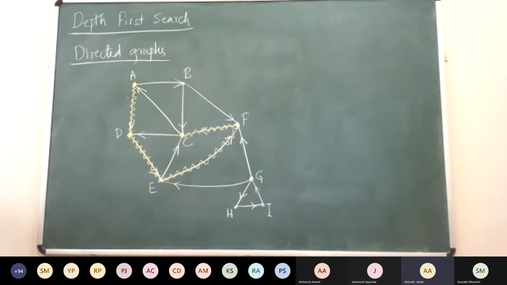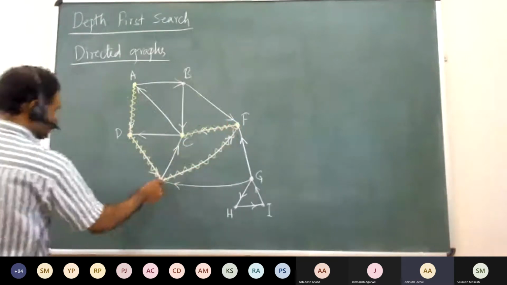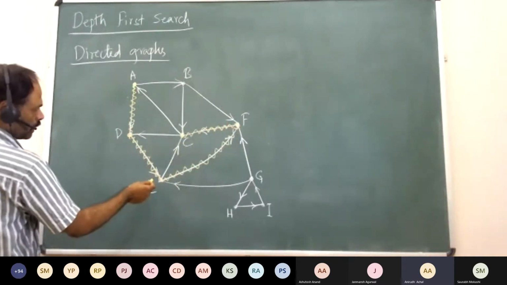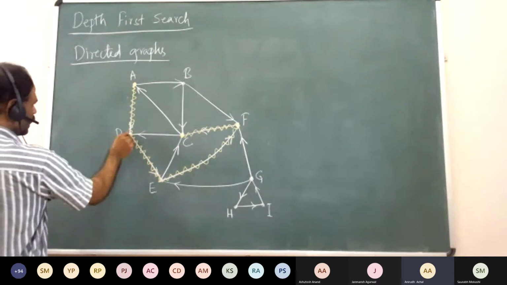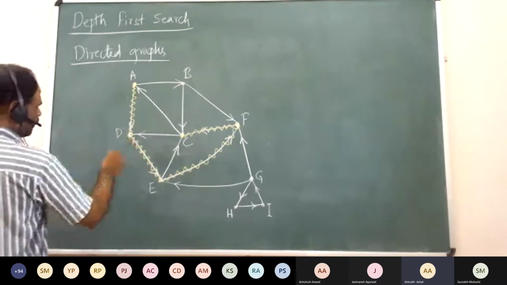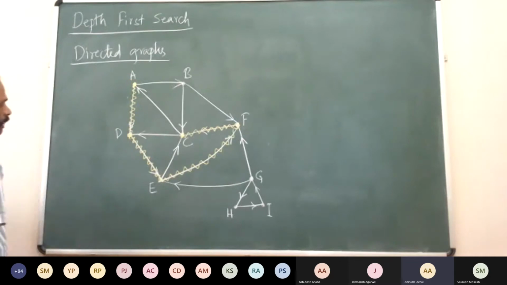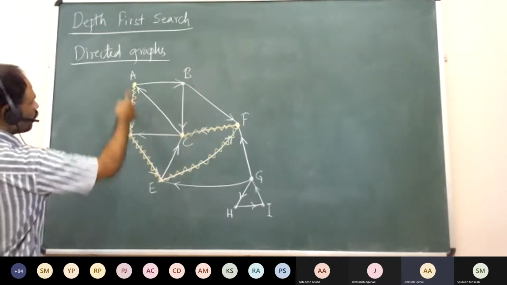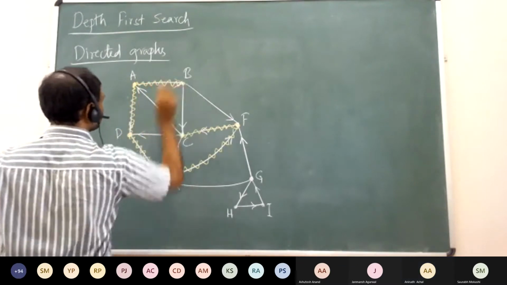No, right? Again, no out neighbors unvisited at F. You backtrack to E. Here also there is no out neighbor which is unvisited because E is again visited, right? So you backtrack to D. Here also there is no out neighbor that is unvisited. You backtrack to A. So after you come to A, what do you do? There is one out neighbor which is unvisited, B. You can go to B.